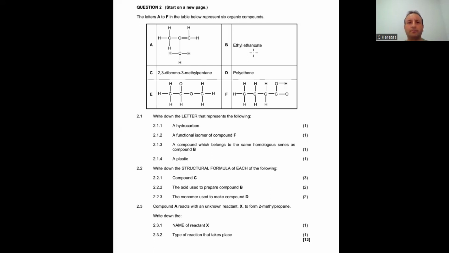And the question follows those 6 structures. The letters A to F in the table below represent 6 organic compounds. Let us quickly identify what compounds we have in each option, and then we can answer the rest of the question. The first molecule, as you can see,